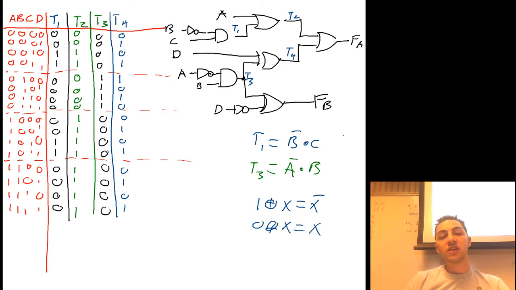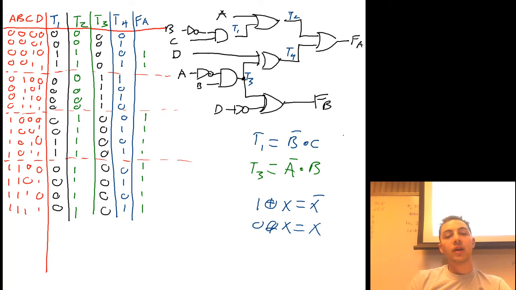Now that we've dealt with T4, we can find FA, because FA is just T2 or T4. So any place T2 is 1, we're going to have a 1. To find that, I'm going to look at T2 first and copy over the 1s. In the remaining positions, I'm going to look at T4. And there is FA. All complete. To find FB,